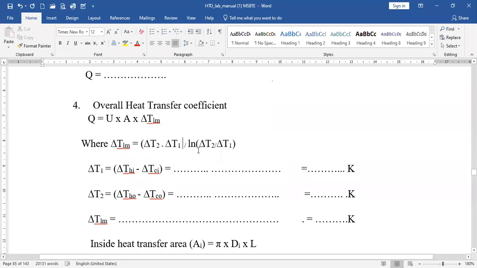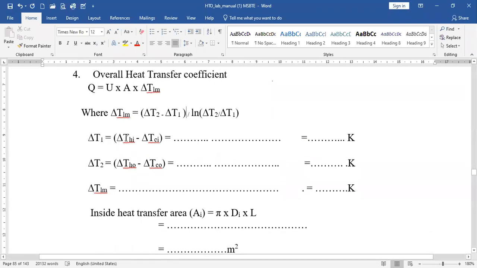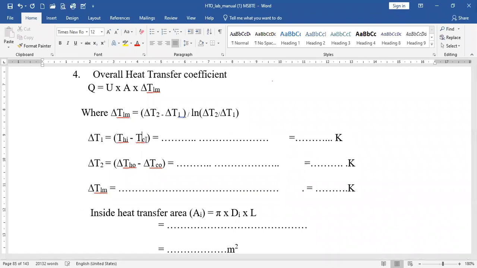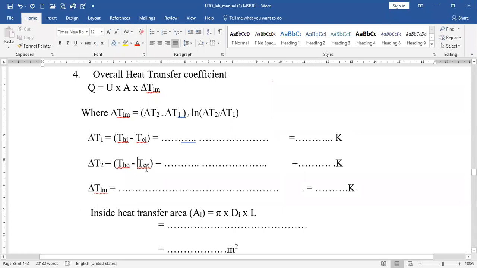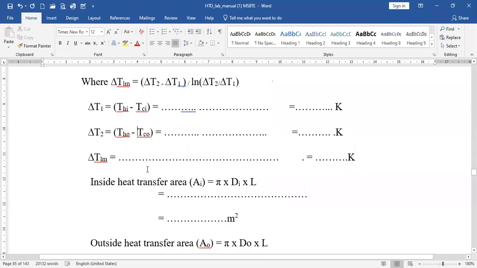So this formula can be used for LMTD calculations, and this delta T1 and delta T2 I have already explained. These are the approaches, that is, the terminal temperature differences of hot and cold fluid. You can observe this delta T1 is Thi minus Tci, so one temperature is of the hot fluid and one temperature is of the cold fluid. So we can understand from this point that these are the terminal temperature differences. We can calculate this delta T1 and delta T2, and on the basis of that we can calculate the